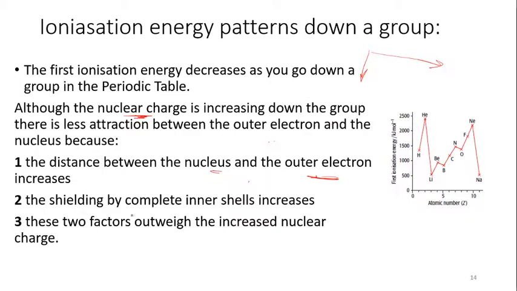So the shielding by complete inner orbitals will increase, and these two factors, the increasing distance and the shielding, will result in a decreasing ionization energy. So I will have a decrease in the ionization energy